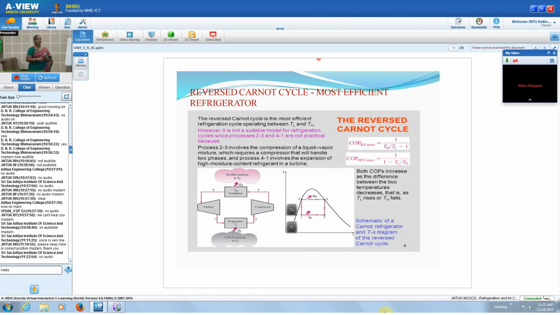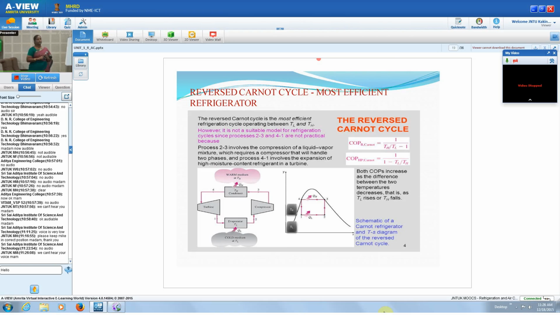However, it is not a suitable model for the refrigeration cycle, since of the processes 2-3 and 4-1, 2-3 is compression and 4-1 is expansion, which are estimated as isentropic processes, reversible adiabatic processes. Whereas the process 2-3 involves the compression of a liquid-vapor mixture, which requires a compressor that will